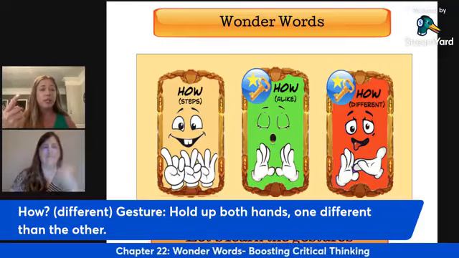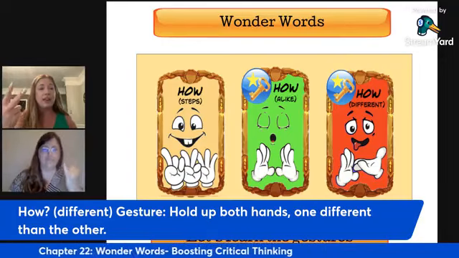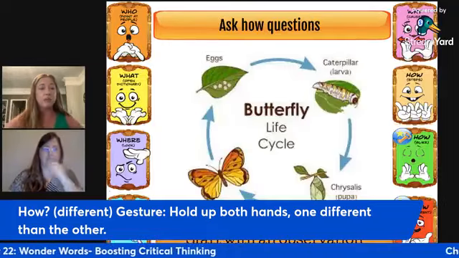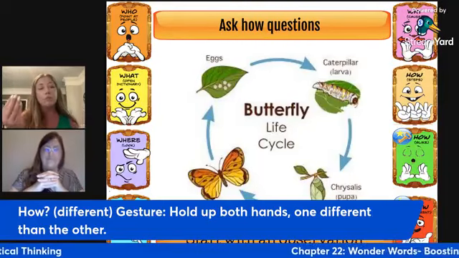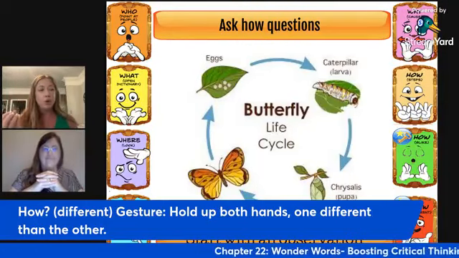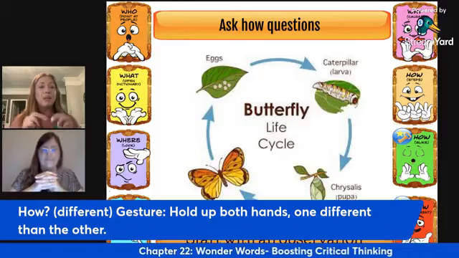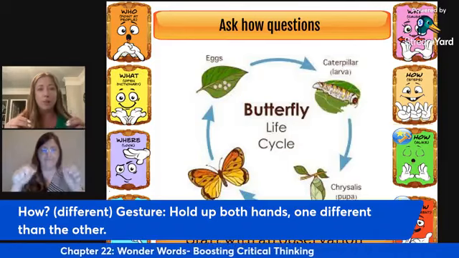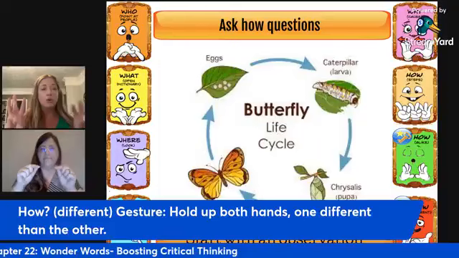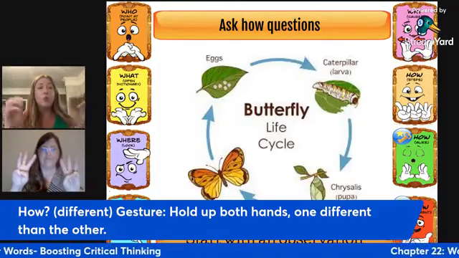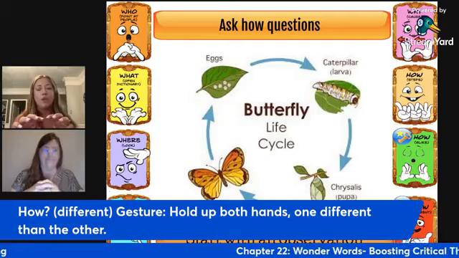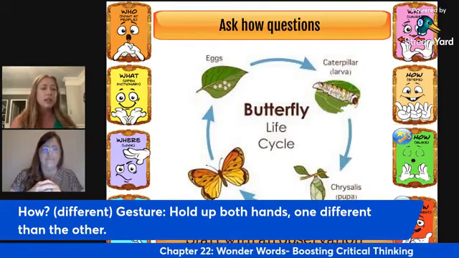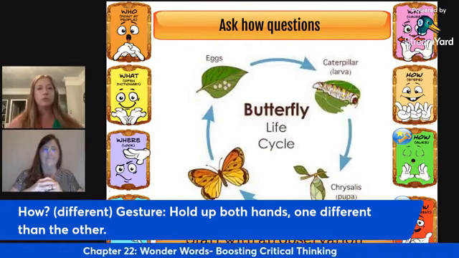So first, I'm going to teach those gestures. And then next, I'm going to show them some kind of graphic. I'm going to use a graphic that's purposeful to whatever those wonder word questions are in the beginning, so that I can teach them how they're going to be using those wonder word questions with a specific graphic, making it very explicit what the expectations are. So Melissa, how am I going to roll this out?